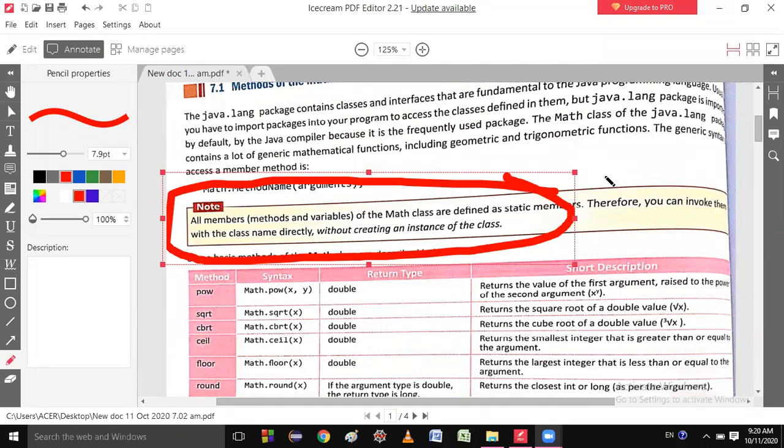Non-static. In a non-static method and non-static variable, how do you call them? Tell me immediately. I do not have time. How do you access a non-static method and non-static variable? You don't know?